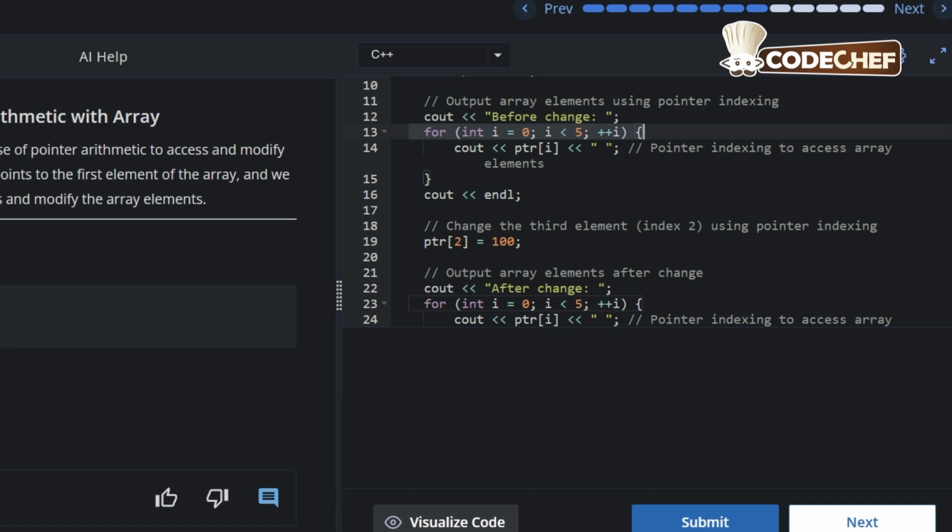cout << ptr[i]; So here the pointer will point to each and every element of the array. Then << " "; bracket close, then cout << endl; to shift the cursor to a new line. Now ptr[2] = 100;